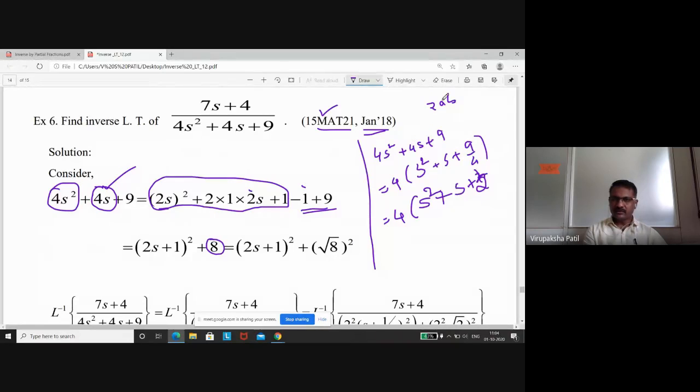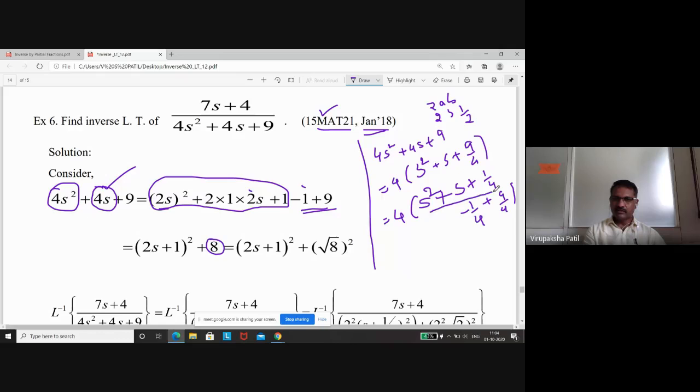In 2ab, here you already don't have the 2, only the a value, s, has come. This 2 is there, and for this 2 to go, what should you take? B value should be what? 1 by 2. So B value is 1 by 2, which means what will be your B square value? We express that, it becomes 1 by 4. If you are adding 1 by 4, you should subtract 1 by 4 from that term. Then this plus 9 by 4 as it is.